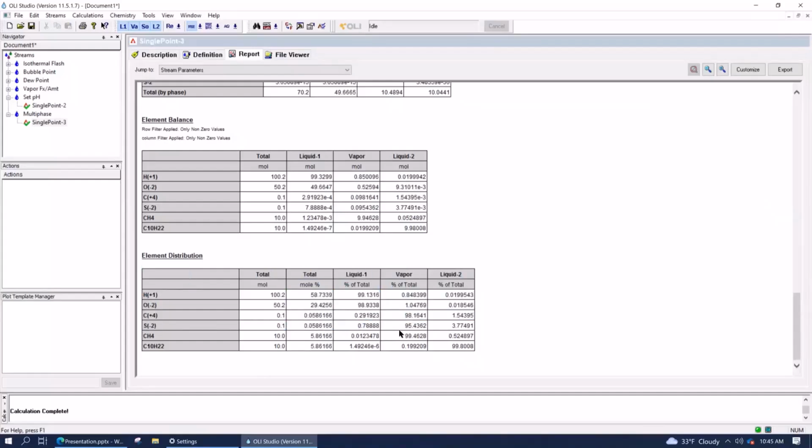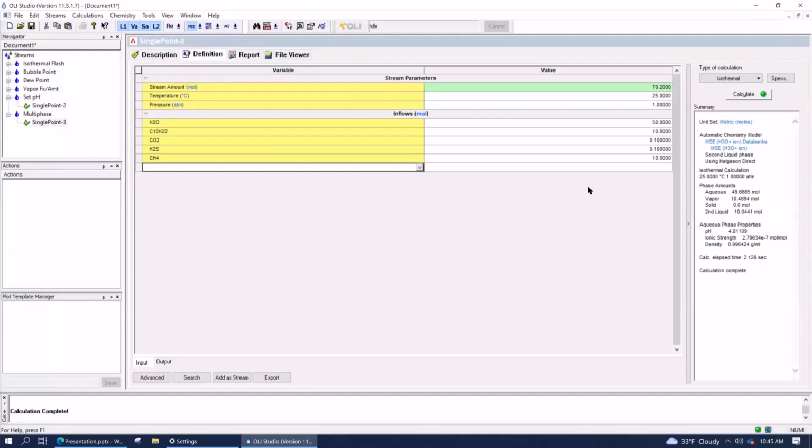All right, good. So we can see here that most of the material is going to be in the vapor phase right now. Before we continue, let me just ask the question. Do you know, is it okay for it to be in the vapor phase, or were you preferring everything to be in either a liquid 1 or liquid 2 phase in your example? Liquid 1, liquid 2 phase. Okay, let's do this. Let's go back to the definition tab. Let's set the methane to 1 mole instead of 10. That way there isn't enough volume for the material to partition to the vapor phase.